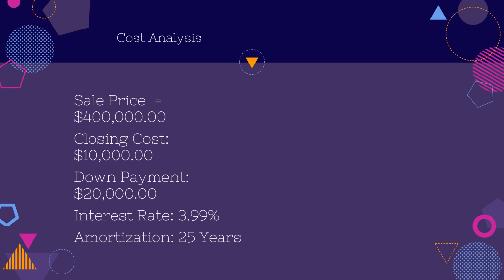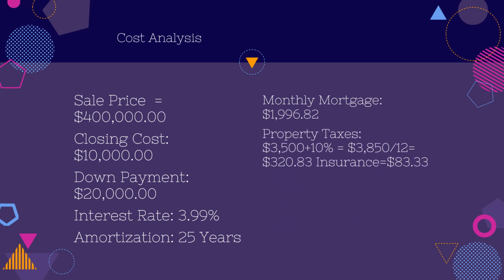The monthly mortgage amount in this case is going to be $1,996.82, and the taxes are $3,500. The way we calculate taxes is just in case the taxes are raised each year by the municipality, so that we don't have to recalculate and raise the tax portion, because once a contract is signed, the client is going to be paying the same amount for the 3 years. So we add 10% to the property taxes. $3,500 plus 10% makes $3,850, divided by 12,